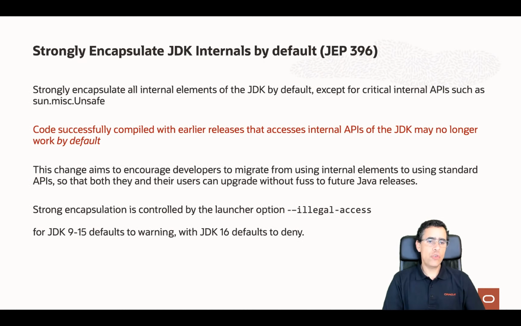One of the contracts between the maintainers of the Java platform and developers is that there is a set of APIs that developers are welcome to use and which future versions of the JDK are likely to continue to have. In order to deliver those APIs, the maintainers of the platform use internal APIs meant to be used only within the platform and are not part of that implied contract with developers. These internal APIs are subject to change without notice, and therefore any program that relies on them might break when